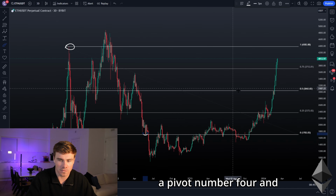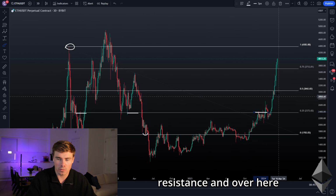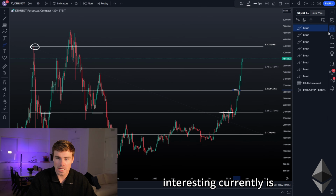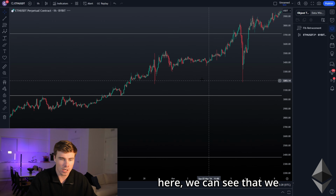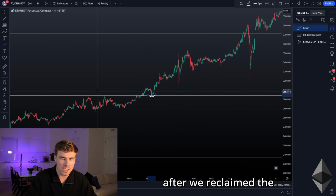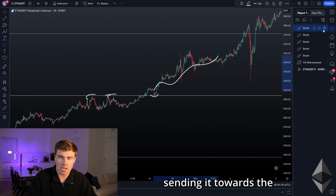We even have a pivot number 4, and we can see that over here the range levels were getting respected as resistance, as support, resistance, and over here as resistance as well. Now what is very interesting currently is that after flipping the mid-range, if we zoom in onto the lower time frames over here, we got a perfect retest of the mid-range, and after we reclaimed the mid-range, after it acted as resistance, resistance, and resistance, we were sending it towards the quarterly